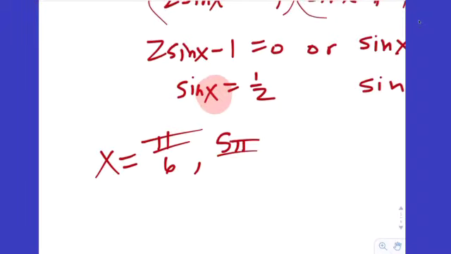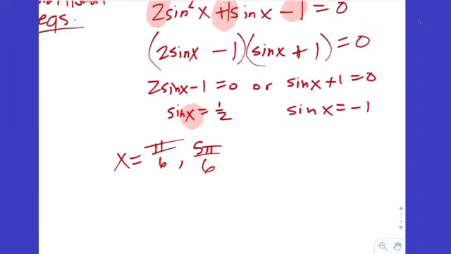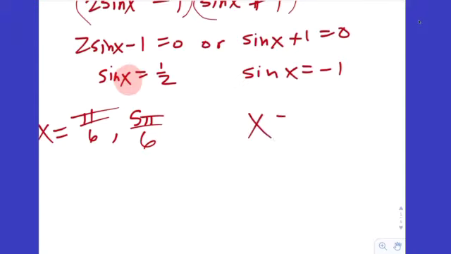5 pi 6. Very good. Quadrants 1 and 2. And we do the same thing over here. Where is sine equal to negative 1? Within one positive rotation, not the PVR anymore. 3 pi halves. Good. So that's the difference between inverse sine the function and inverse sine the operation that we